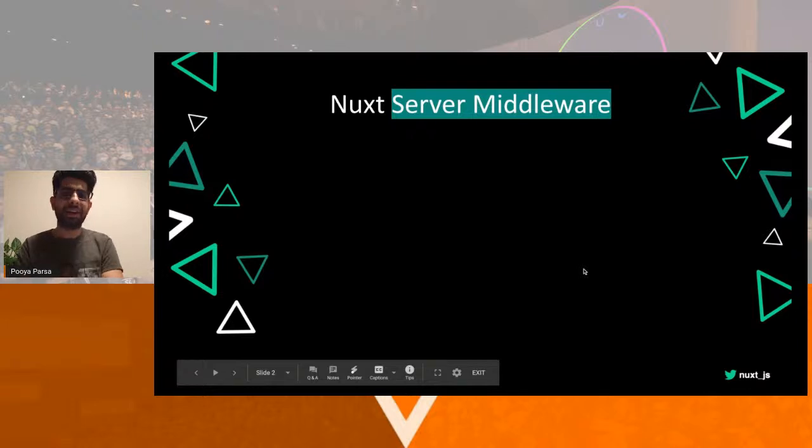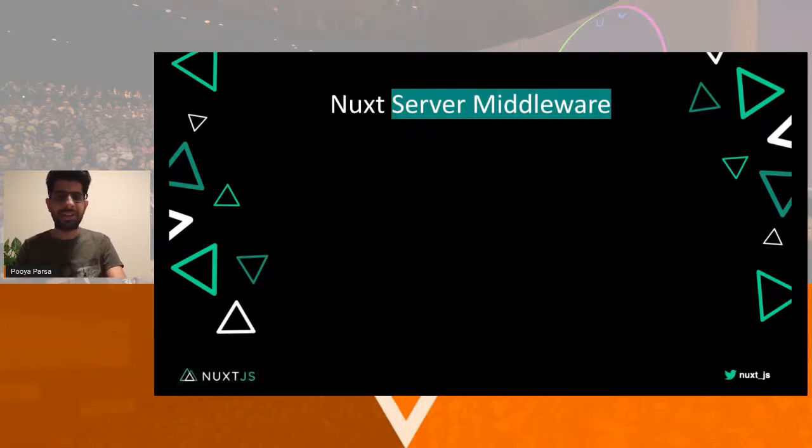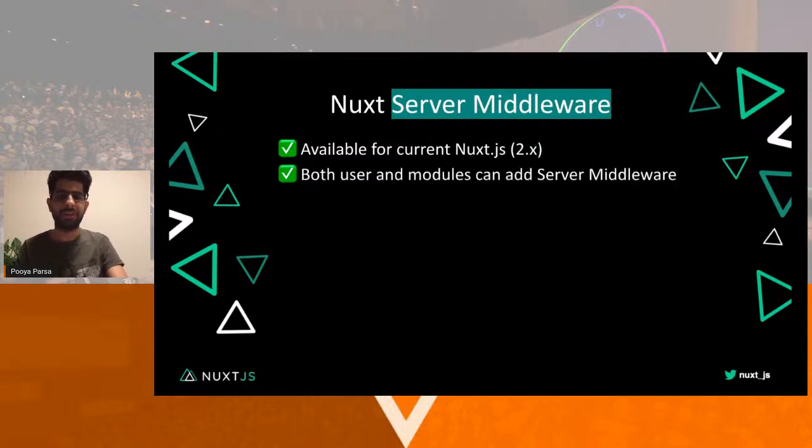If you are already using Nuxt.js, Nuxt has a feature called server middleware. It was really exciting when we added this feature. Nuxt had an internal web server using Connect for handling requests, so we thought, why not make it available to users and modules to provide their own middleware? This way you can create simple APIs. But it has lots of drawbacks.